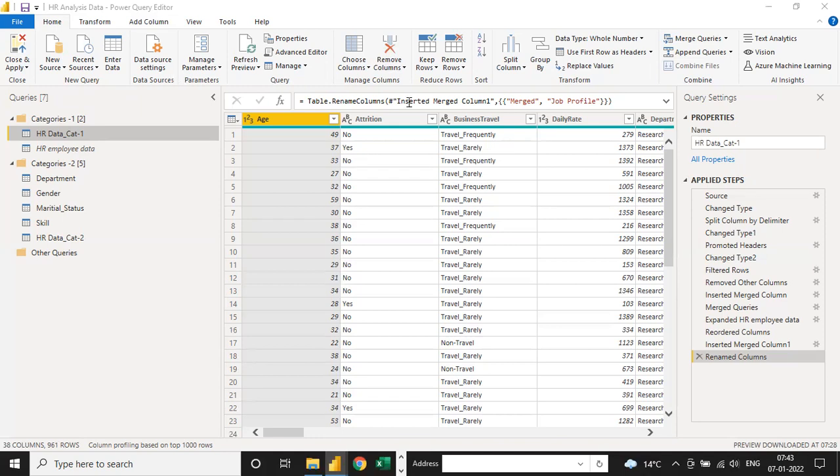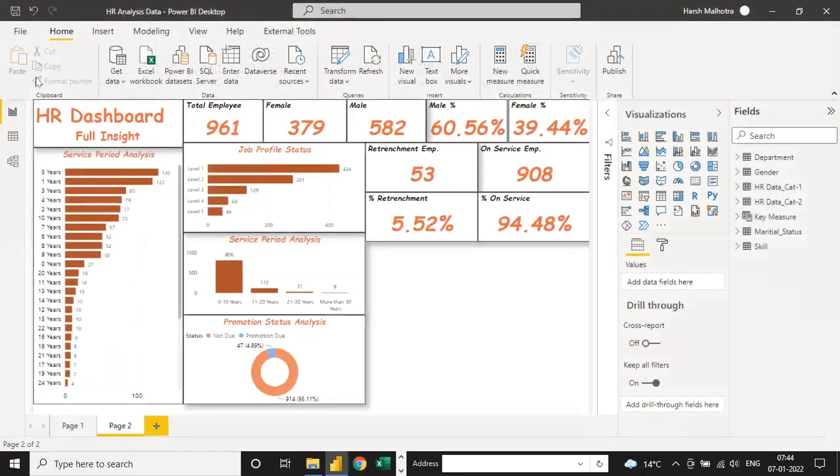So does it matter performance wise? No, nothing matters. Don't worry. See, the main thing that matters is that you make the dashboard. How you make the dashboard is only up to you. At the end, if you work in a company, the company does not ask you to use a merge query or relationship. The company needs a dashboard on the basis of requirement, and you have to fulfill that requirement. That's all. How to do it is your choice.